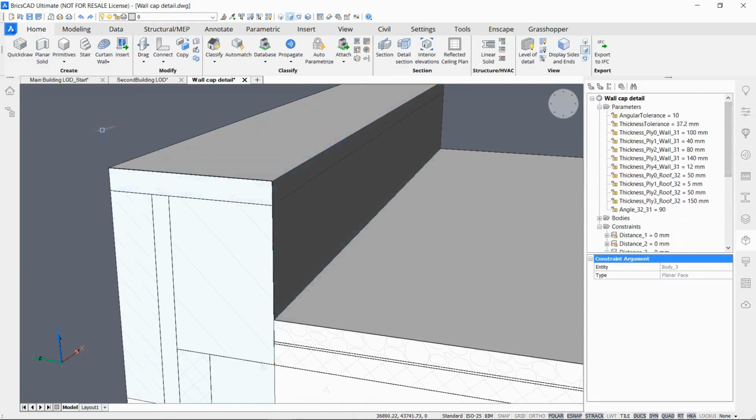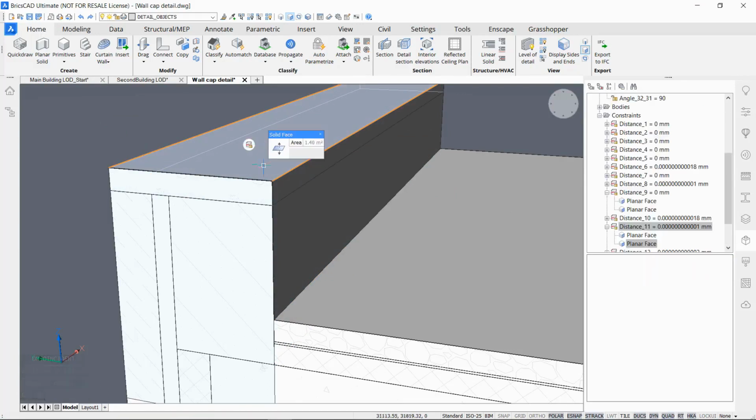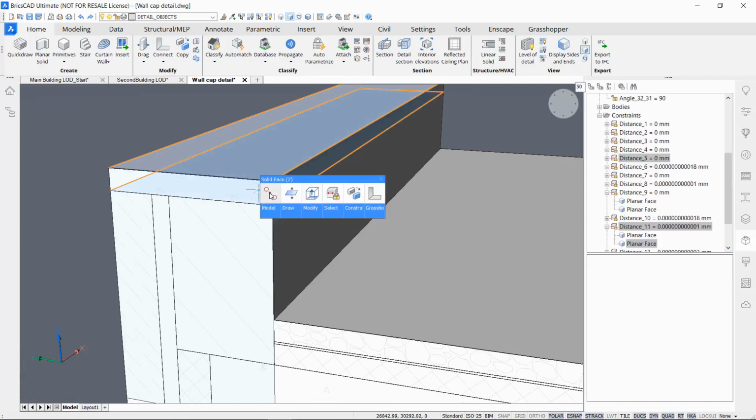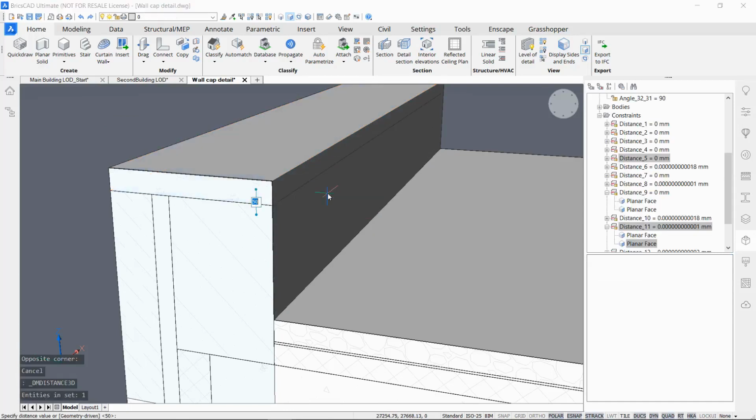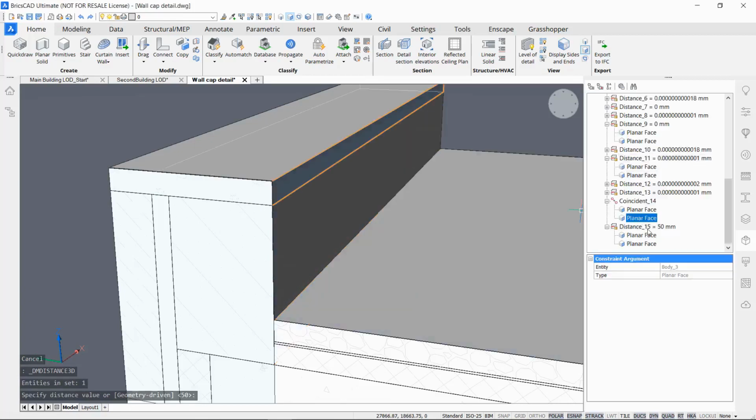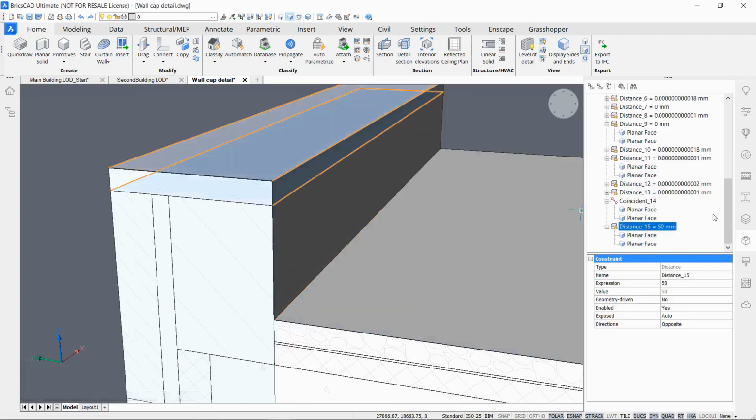Another thing we want to be fixed is the distance between this solid surface and the one underneath for the wall cap, so it will be all the time the same distance, which is 50. So enter. So we've added the distance constraint of 50 in this wall cap, and the same for the insulation